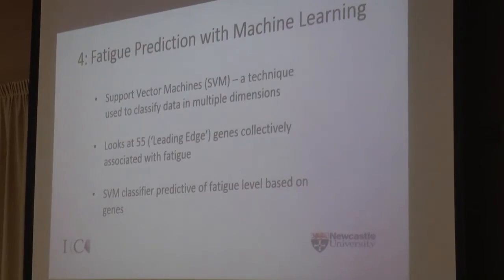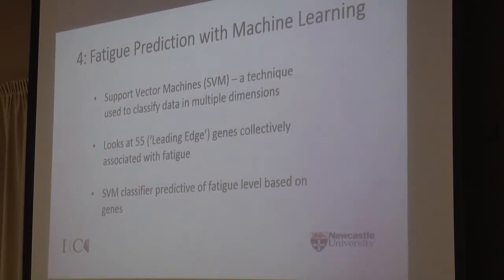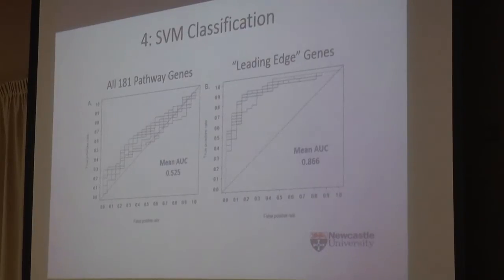Finally, to confirm that these genes were important and were the correct ones, we used a machine learning approach to look at these 55 genes, collectively 55, that were associated with fatigue, and to see if we could classify fatigue level based on the genes. And what we found from this is when we used all of the different genes behind all of the pathways, we didn't find that good an area under the curve, essentially. But when we picked out the leading edge genes, which are the 55 important genes, we actually got a mean area under the curve of